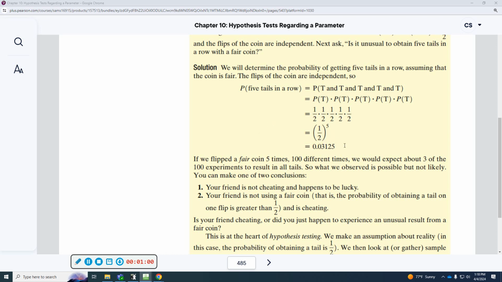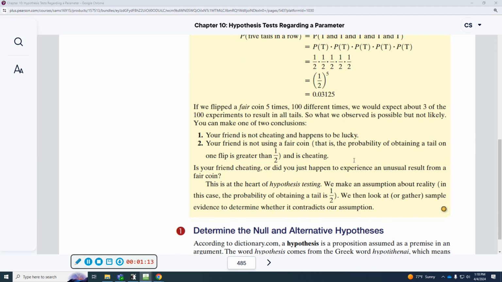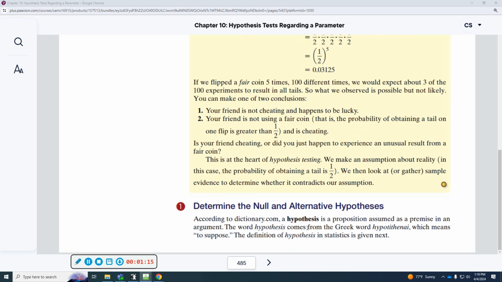So based on that evidence, we either need to decide, is he lucky that this just happened and this is one of those cases, or is he actually cheating and the probability of this coin landing on tails is not actually 50%. So that's how we get into setting up testing of a hypothesis. It gives you a little bit of the background, where it comes from,